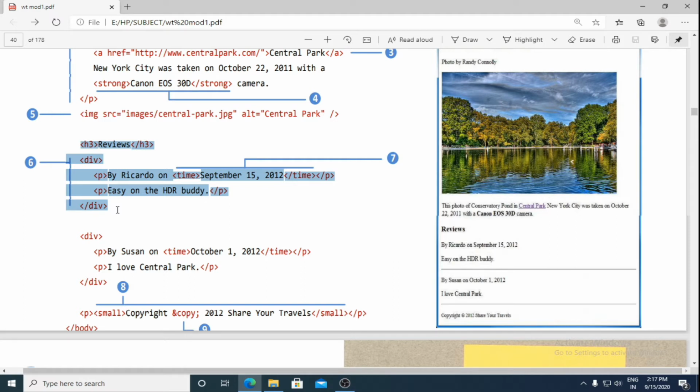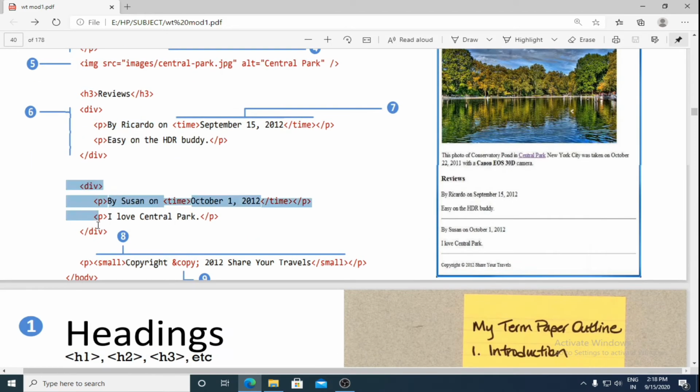Below that page you'll find some people who have already visited that place, and they have given their review, whether it's good or not, and how best it is. Here the reviews are about Central Park, and this review is by Ricardo, and they have mentioned the date and year when he gave his review.